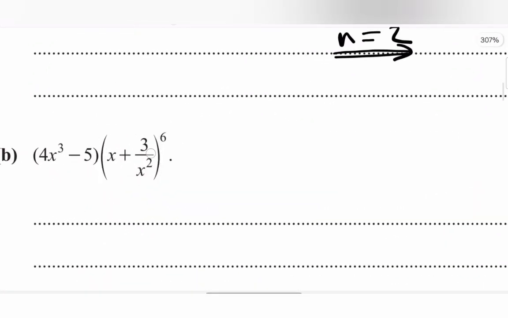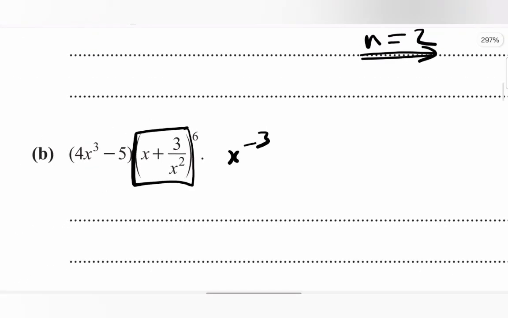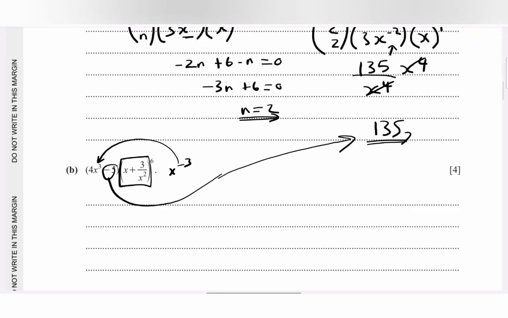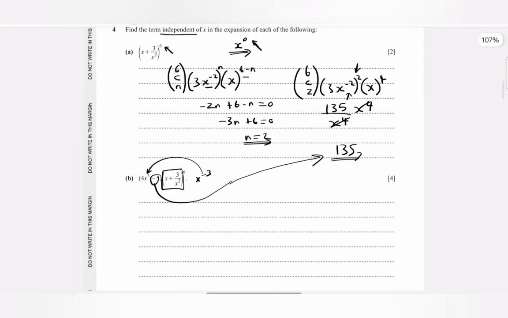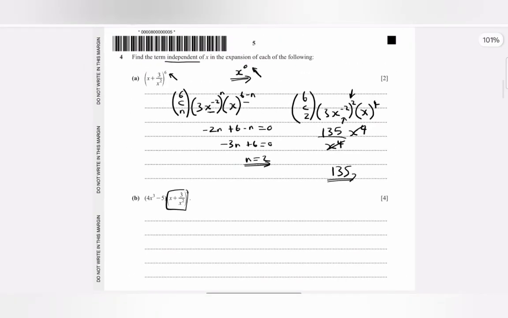So first we're going to get a term in x to the power minus 3 for this, which we know that when it's multiplied by this, it will give us a term independent of x. And for the other part, we're going to say this multiplied by the term independent of x from part A, and adding those two should give us the resulting term for this whole thing, which is independent of x. So to get a term in x to the power 3 for this, we're going to go back and use this